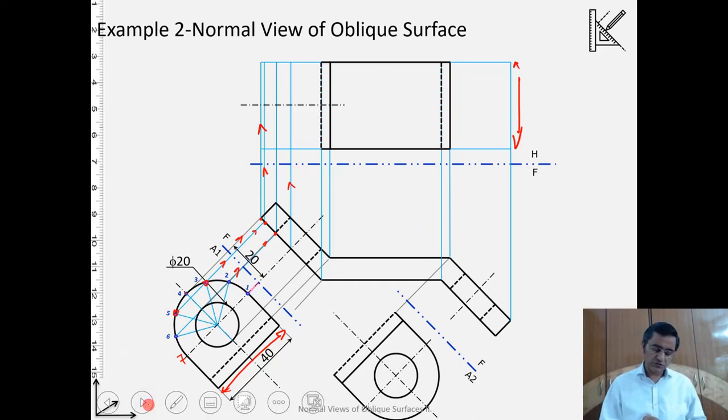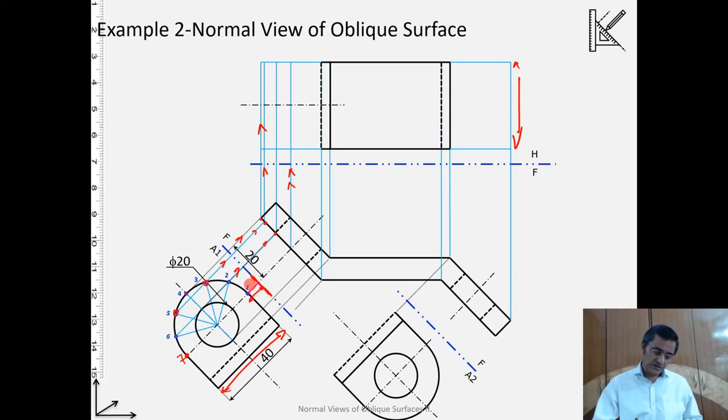Once we have all these projectors, what we need to do now, say for example along this line, because the projector is corresponding to 7 and 1, these 2 points. Where is 1 lying? So 1 is lying at this much distance from the hinge line.